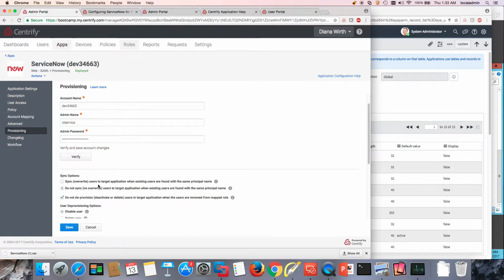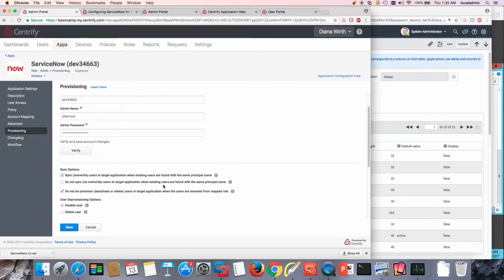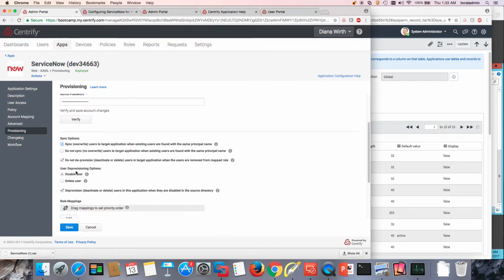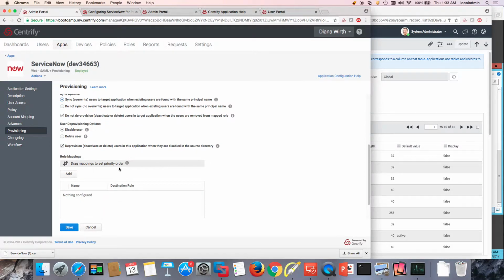So what I want to do is override the users if they exist. Notice that I already have Diana Worth already deployed from a previous video. But in this case, we're not going to provision her because she doesn't belong to any of the provisioning groups. So I want to disable the user, right? When the user is deprovisioned, not deleted, right? And